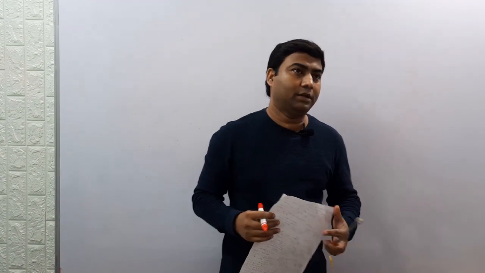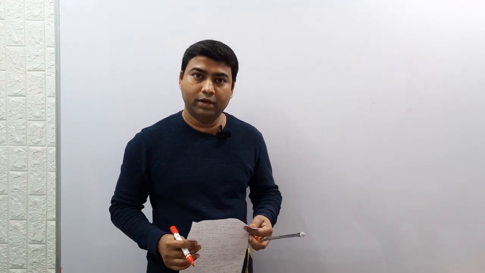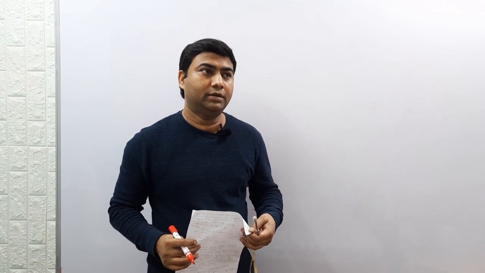So we have discussed vector addition with the help of parallelogram law, triangle law and polygon law, and we discussed some properties of vector addition. They follow commutative property, distributive property and associative property. There is scalar multiplication with vector. It creates a new vector in the same direction or in reverse direction with magnitude equal to the scalar times the magnitude of the original vector. Our next discussion will be